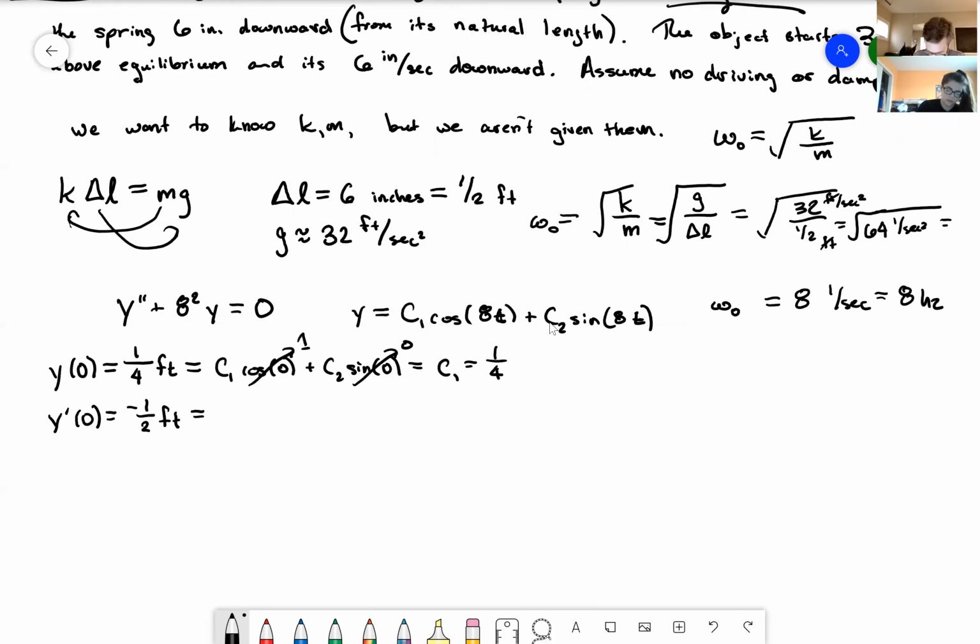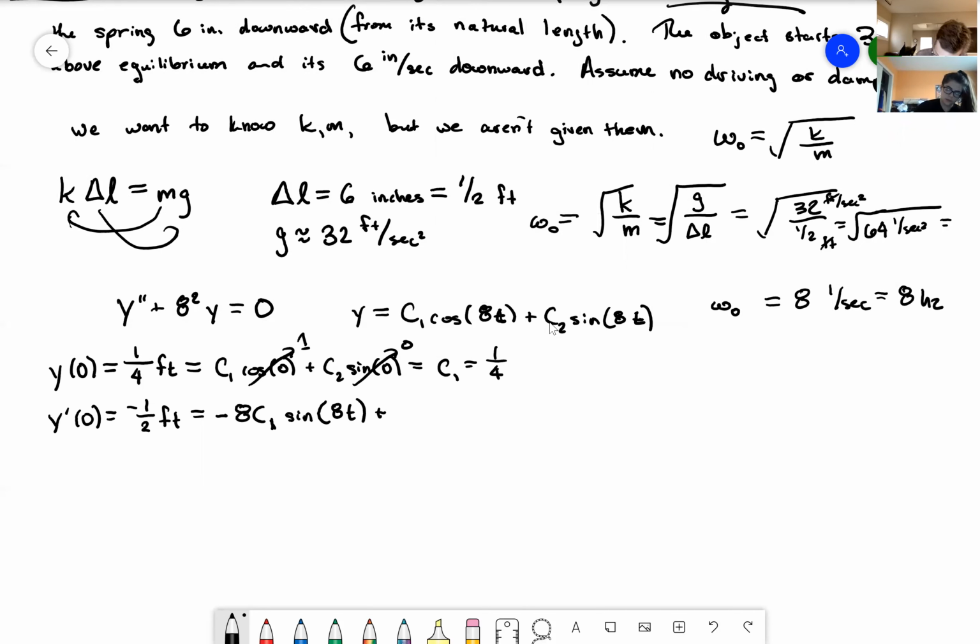And when we work out the derivative, we get C1 times the derivative of cosine of 8t. Well, that's just negative sine of 8t times 8. So negative 8 C1 sine of 8t